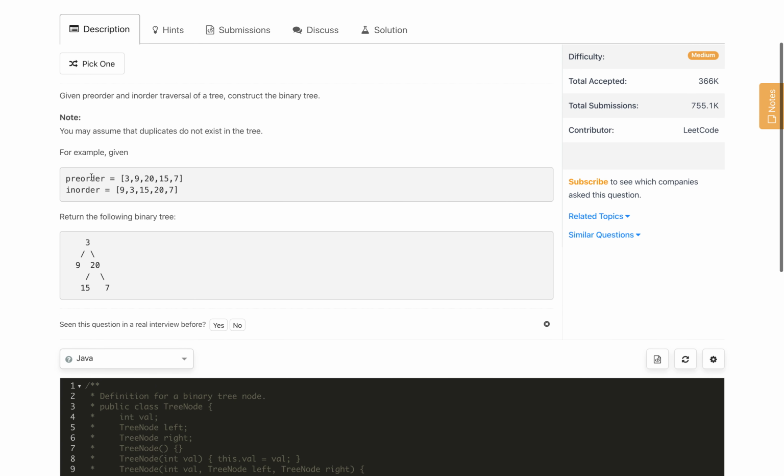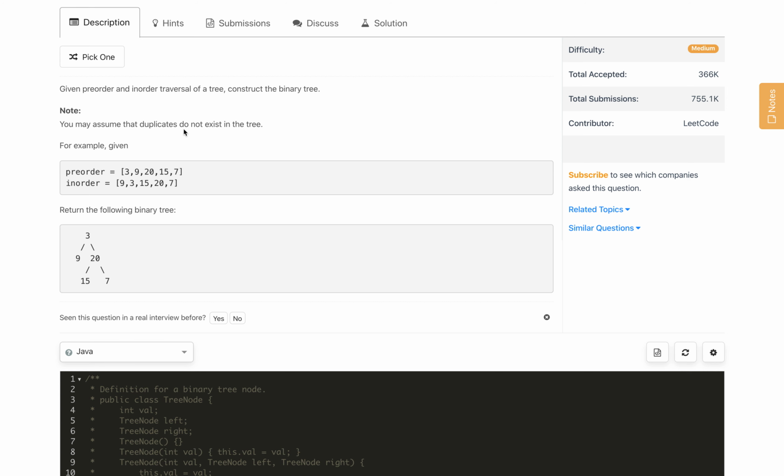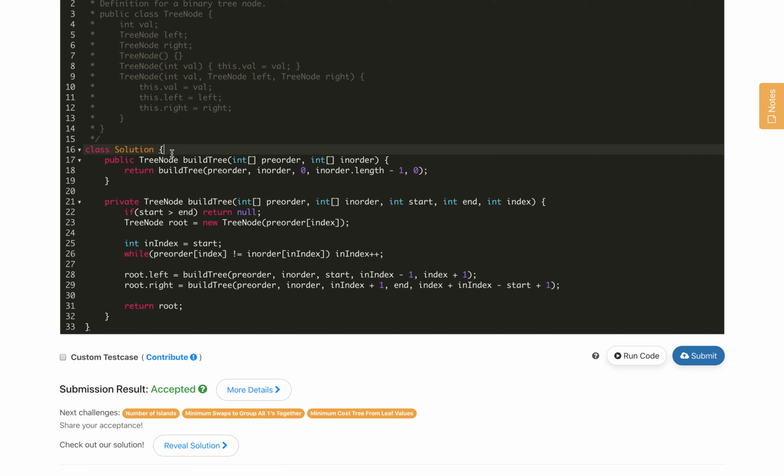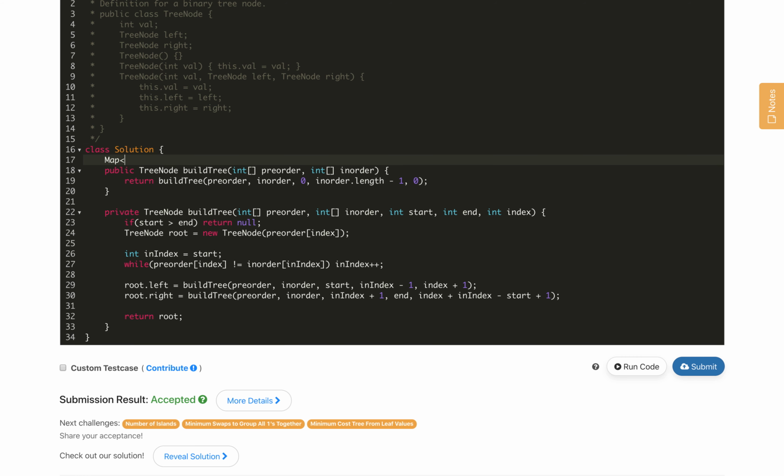If you see over here, we may assume that there is no duplicate node. So what we will do is cache in a map all the in-order node values and their indexes in the in-order array. So let's create a map, Integer to Integer. This map we can also create as a local variable. Just for easiness I am creating it globally here, but for creating it locally you may need to update the structure of this recursive method and pass it through there.